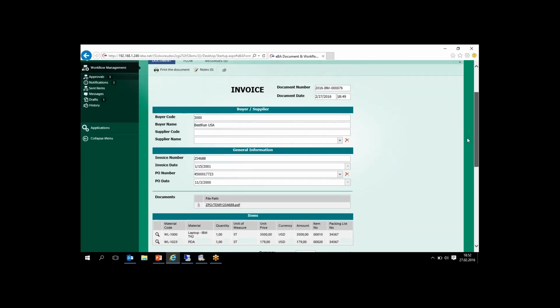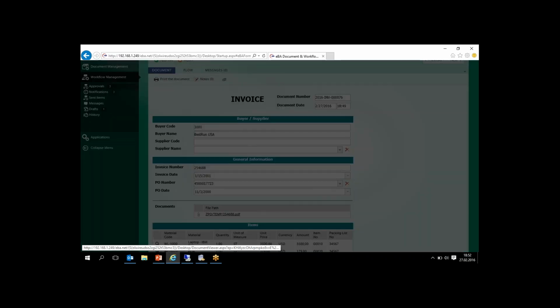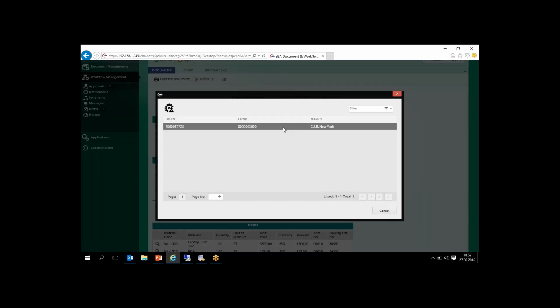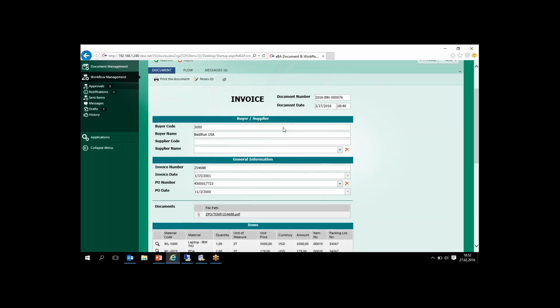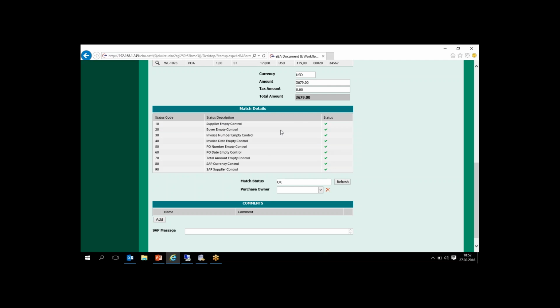We need to choose the correct supplier, and we can learn which one is the correct supplier from this pick list. We are getting this data from SAP because we have a purchase order number, so we can get the correct supplier from SAP, and the accounting user can choose it from this pick list. So all fields are matched now after this